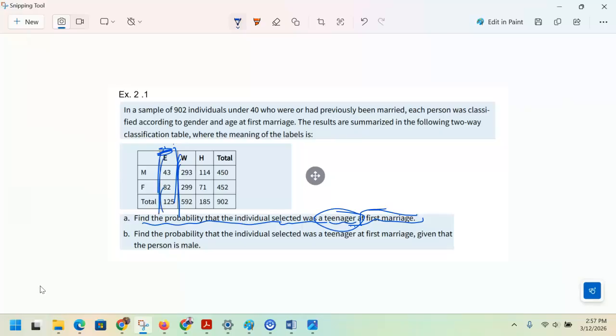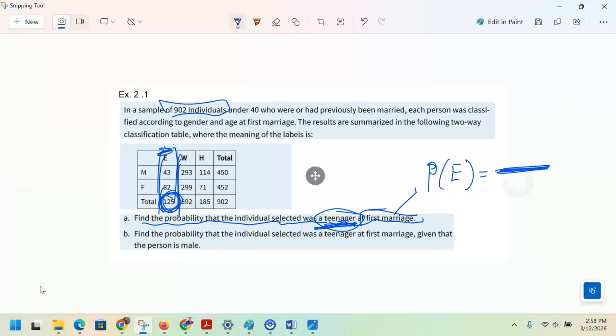If you see here, it only says teenager. It does not say male or female. So when you say male, it means all together. So I have to write here the probability that he is a teenager who got married the first time. That means, what is the probability, the ratio, the total number of individuals